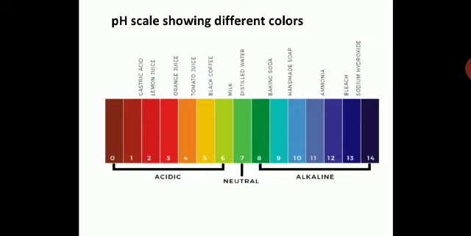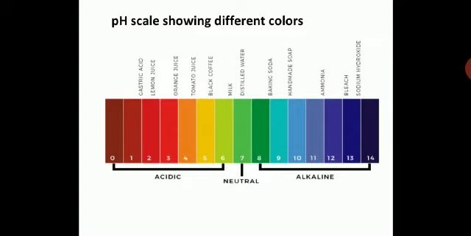Now, the pH scale showing different colors. This is a pH scale. These are the different colors you get, and these colors indicate the value of the pH, and it will show you how much a substance is acidic or basic. You have to draw this pH scale in your notebook. Please draw this scale and use pencil colors in your notebook to show different colors, and mark from 0